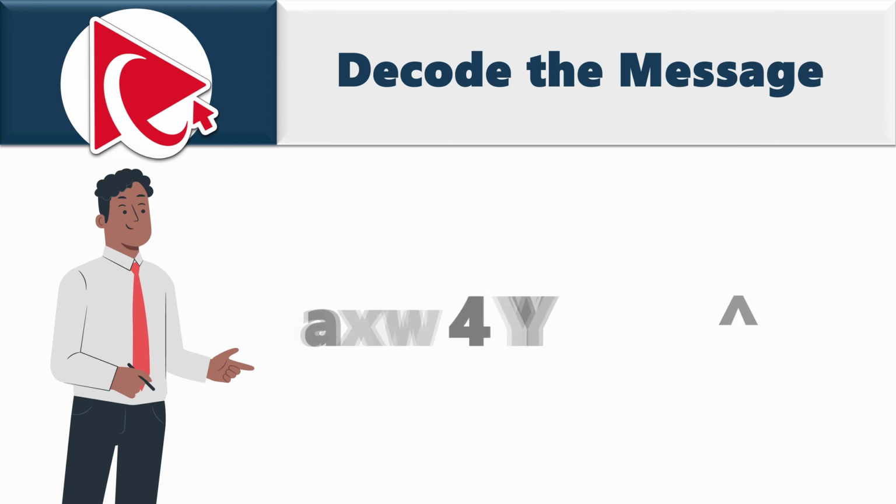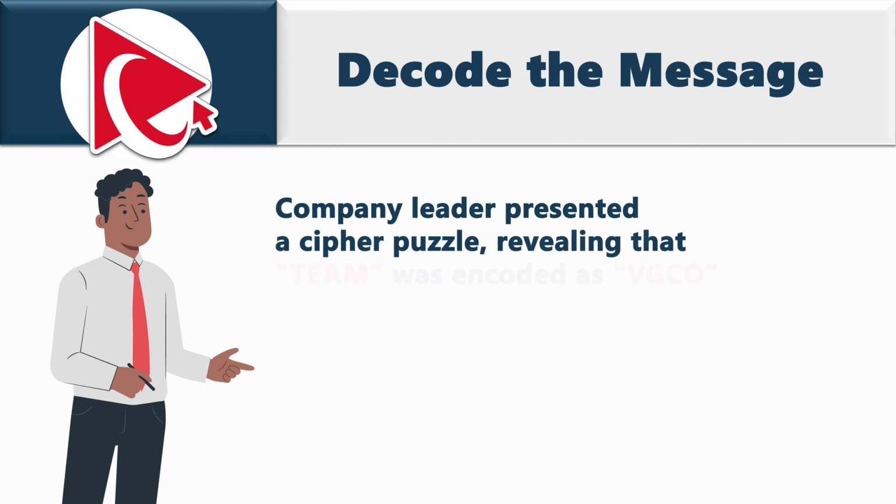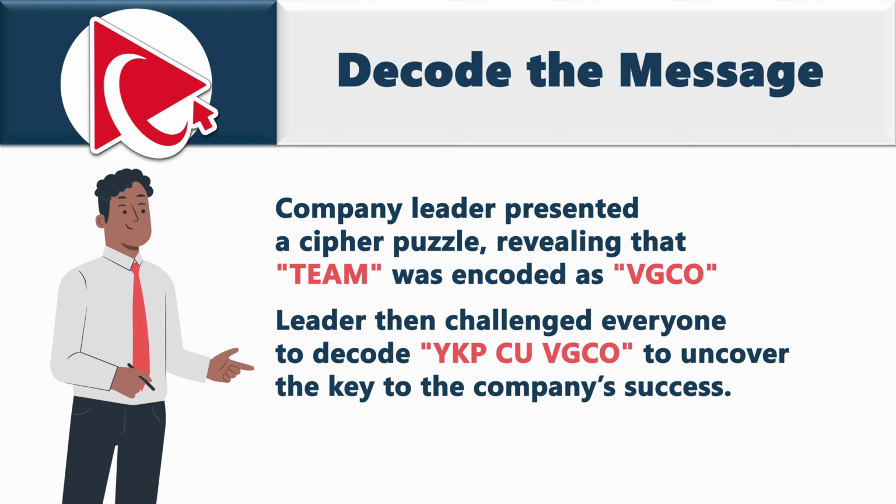You're presented with a cipher puzzle, and you need to decode the message. The company leader presented the cipher puzzle, revealing that the word team was encoded as VGCO. The leader then challenged everyone to decode the message YKP space CU space VGCO to uncover the key to the company's